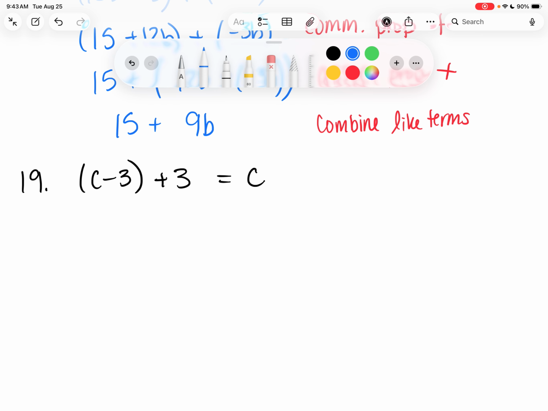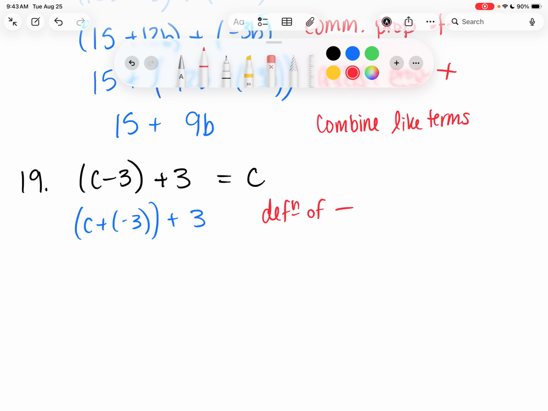Change c plus negative 3. Yep. So I'm going to rewrite this as c plus a negative 3, and then plus 3. And what allows me to do that? Definition of subtraction. Yep, definition of subtraction. Any ideas on what I should do now? Think about what I'm trying to get to. Regroup